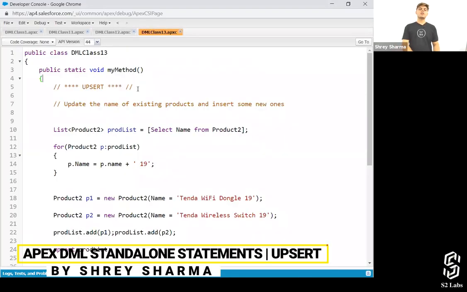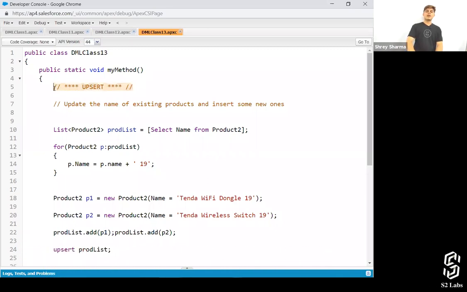Let's talk about upsert statement. What do we have to do? Update the name of existing products and insert some new ones. How am I going to do that? What I need to do is get all of the products from the database, and I need to write down the